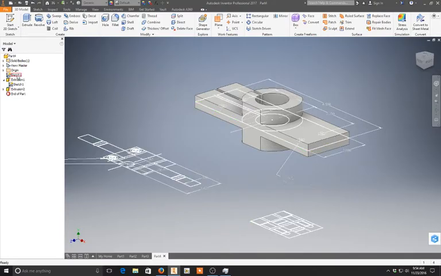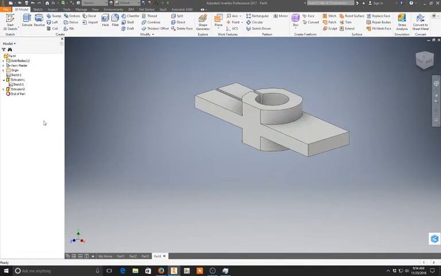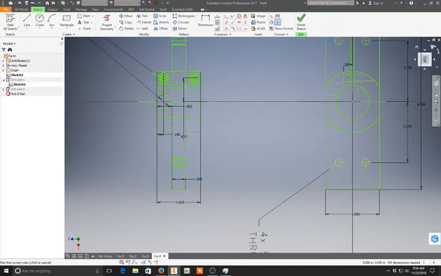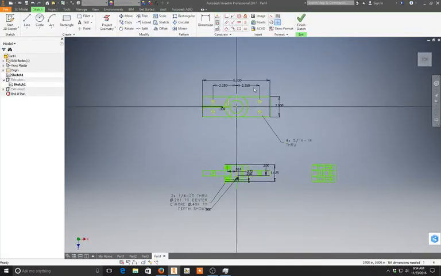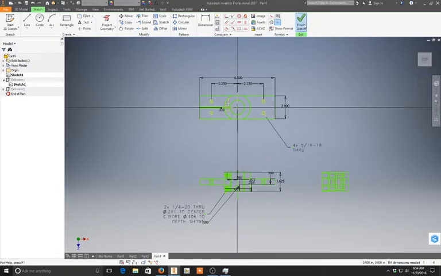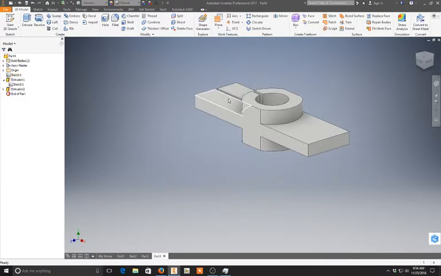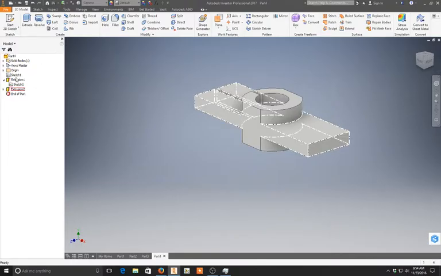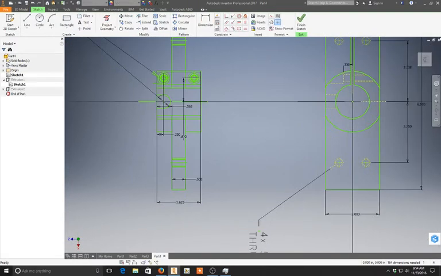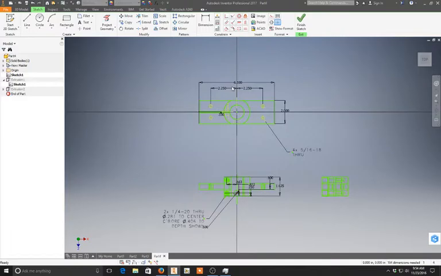And I think we're actually done using that one. So we're going to turn off the visibility. I'm going to come back and edit the sketch again, because I'll show you what's going on. So this sketch is drawn through the center plane of the object, and I need to draw the holes on top here. So the easiest way to do that is just click on sketch here again, and then I'm just going to